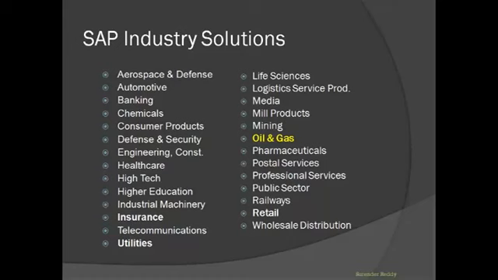Among these, in India, the most popular ones based on the compensation and the market demand are oil and gas, retail, utilities. Nowadays, insurance is also coming into India. But aerospace, automotives, banking are not popular in India, but in the US and UK, they are using aerospace, automotives, and banking also.